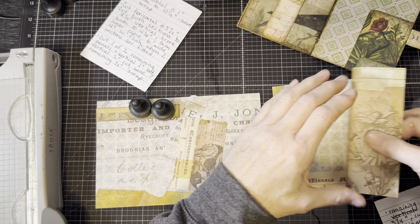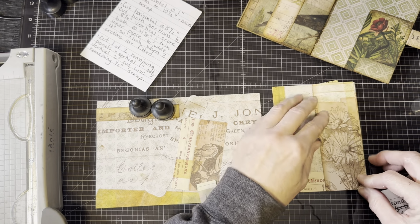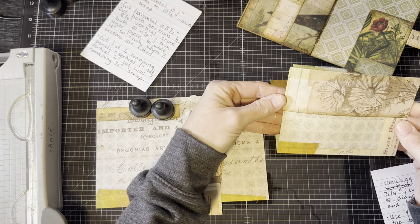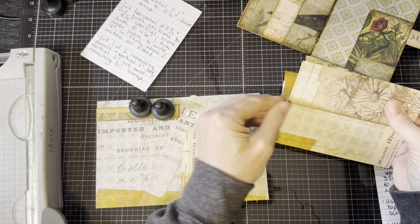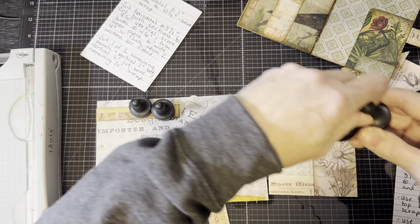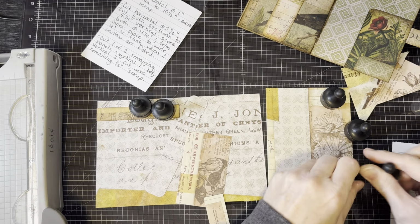I'm going to take that insert out so that I can glue this down and make sure that I'm lining it up straight. Because since I'm going on the outside edge, I want to make sure that this is pretty flush. You've got a little bit of wiggle room to get it right, but not a lot. Art glitter dries mostly quickly. And so I've got it lined up, and then I'm going to use my magnets. I can clamp it or what have you, but I'm going to use my magnets to hold that in place